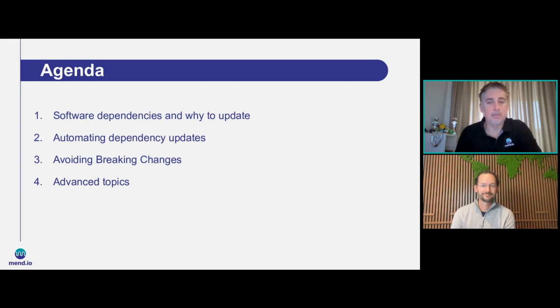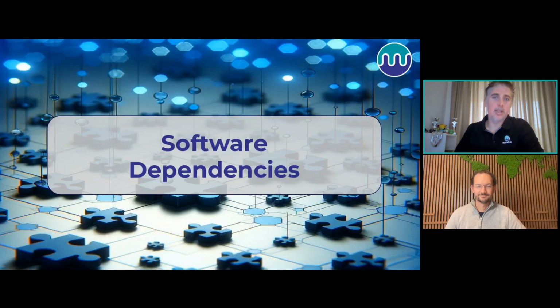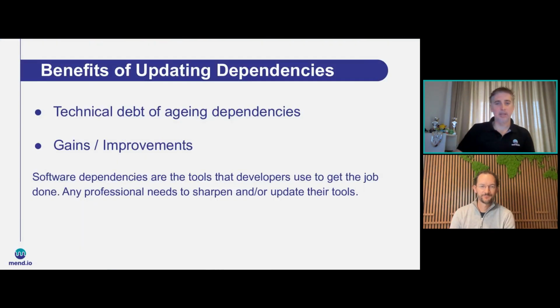Then we'll talk about some specifics about how to handle it once you do have automated dependency updates, including avoiding breaking changes. And then there's a bunch of other advanced topics that we'll talk through as we get toward the end. So without further ado, let's get into the first topic and discuss software dependencies, and specifically why it's important